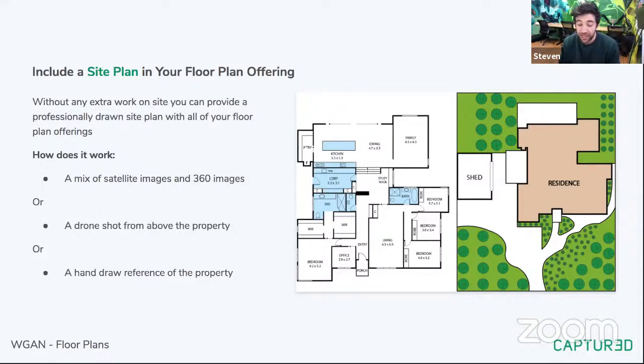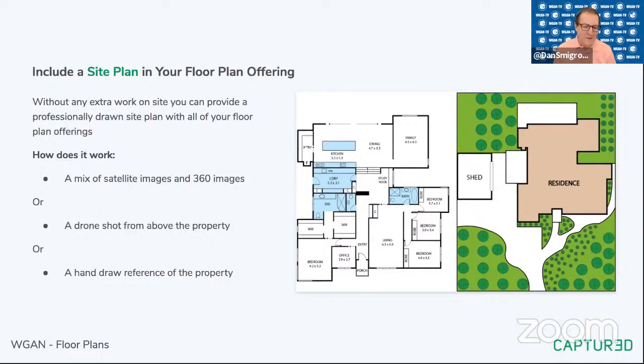The satellite images are very useful, but we do need to acknowledge that they're not always up to date. And so if you've recently done a renovation, they might be outdated. And so just be cautious of when you're going to a property to maybe just do a couple outdoor 360s, because then our team uses that as a reference point to make sure that what they're seeing in the satellite image is actually what's going on the ground as well.